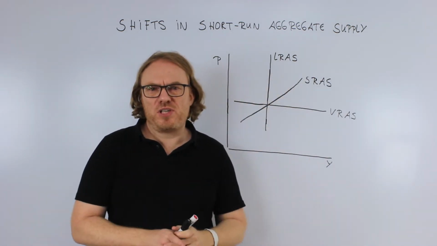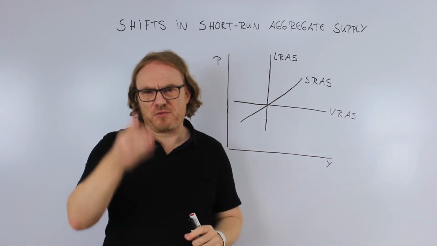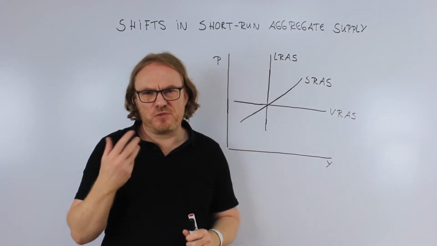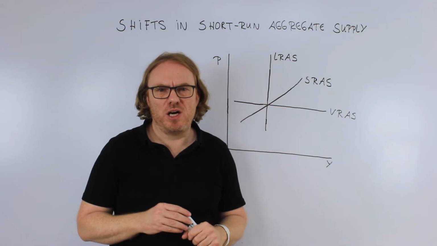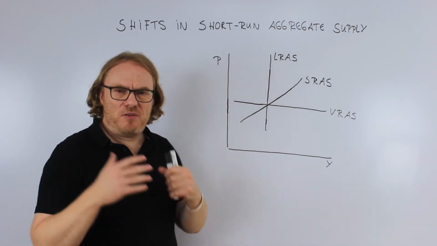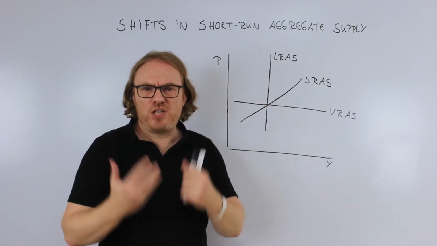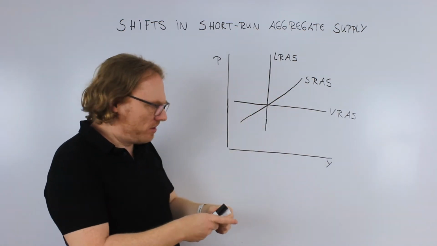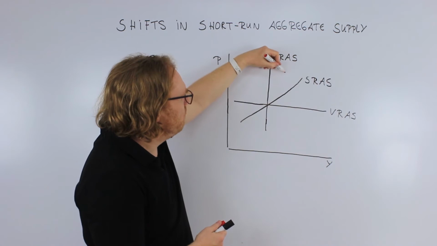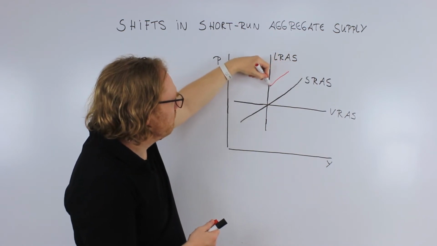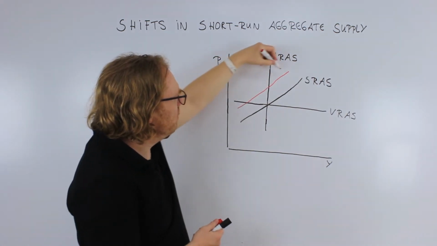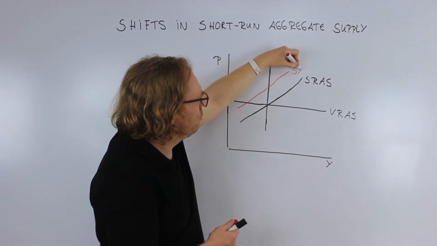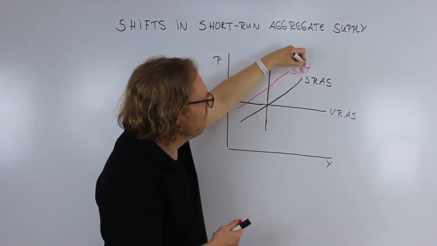Now, there are several types of production costs, like for example, wages. Wages form maybe the most important part of production costs per unit. If the nominal wages go up, it's important to see that the short-run aggregate supply moves to the left, is shifted to the left. Now this is short-run aggregate supply